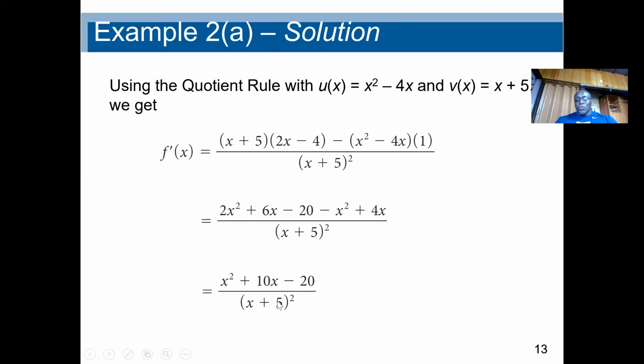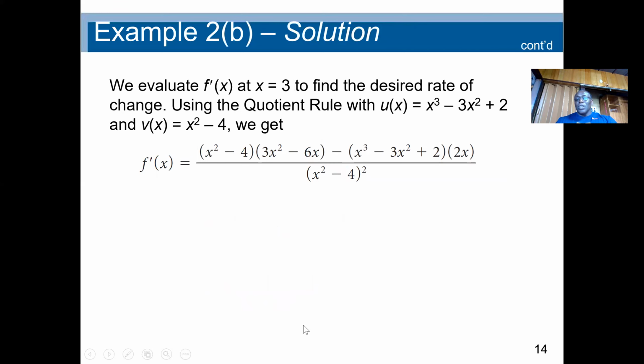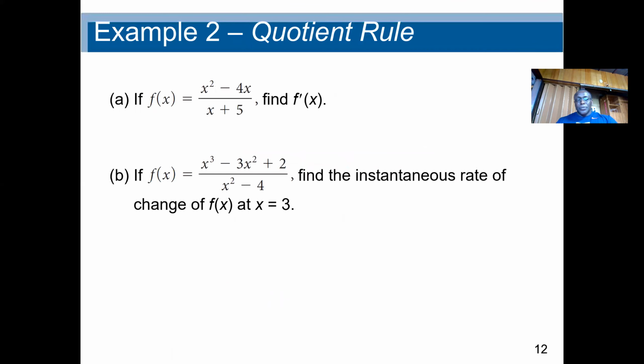Also, we can look if we are able to factorize the trinomial so that we can cancel 1x plus 5, if it's possible. If not, then we leave the answer as it is. Now, in the second part, let's go to the original question. They say, if f of x equals x cubed minus 3x squared plus 2 divided by x squared minus 4, we should find the instantaneous rate of change